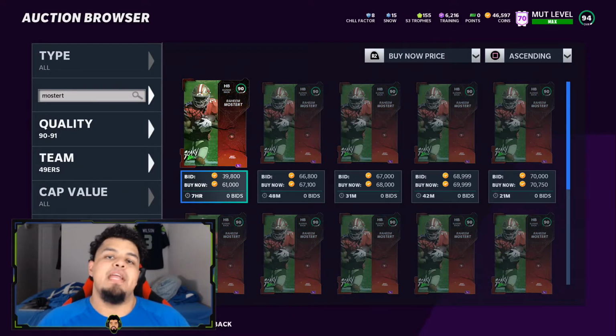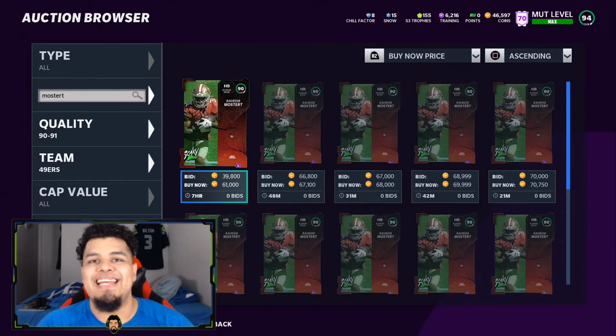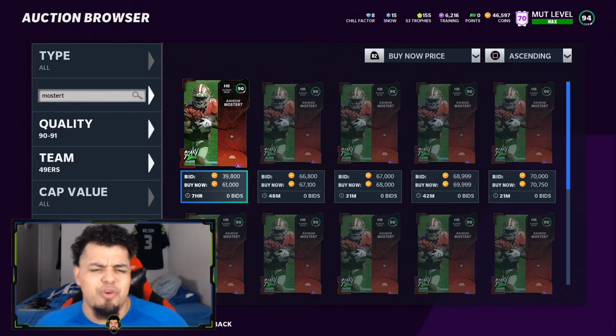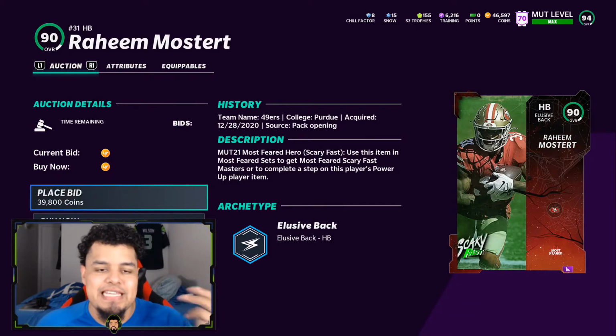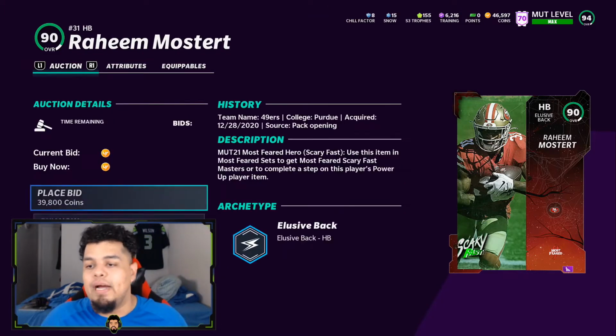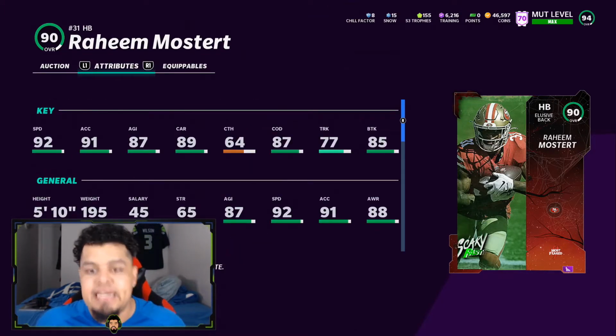All right, so coming in at my number 3 spot, we have Raheem Mostert from the San Francisco 49ers. Great card. This was from the Halloween promo where he was part of the Scary Fast promo. So again, you get yourself a running back here, 92 speed,